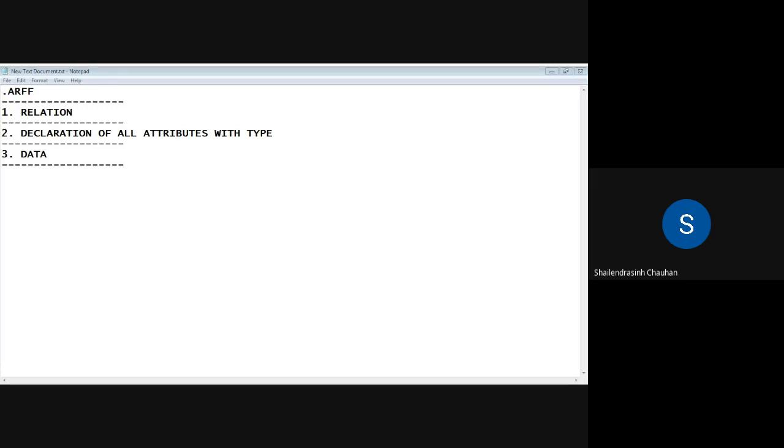Thank you. So exactly, in the previous lab we had discussed the weather.nominal data set, and in that data set we had attributes like temperature, humidity, windy, outlook, and play. All these were attributes. Fine.